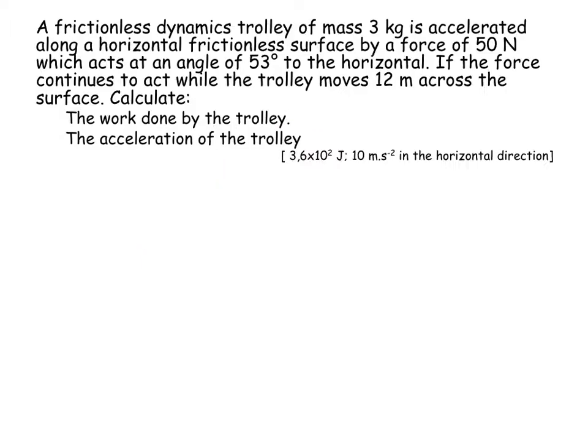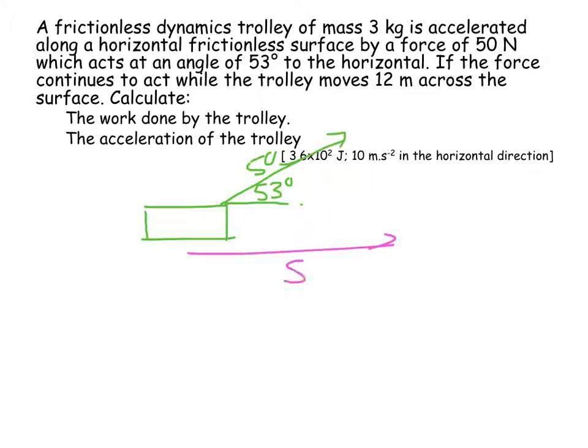You've got a frictionless dynamics trolley. Its mass is 3 kilograms. It's accelerated along a horizontal frictionless surface by a force of 50 newtons, but the force acts at 53 degrees to the horizontal. So that's 50 newtons at 53 degrees, but the movement, the displacement, is going to be in